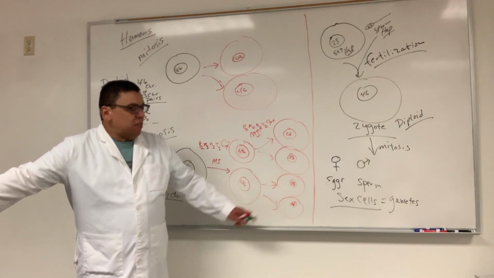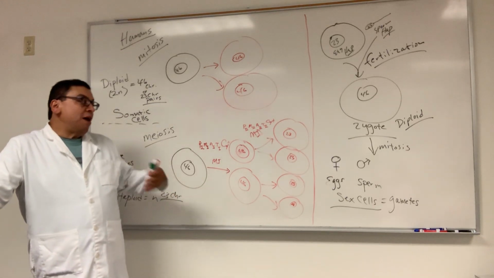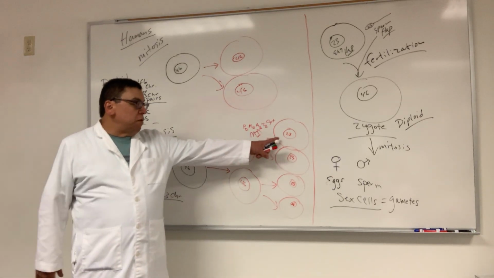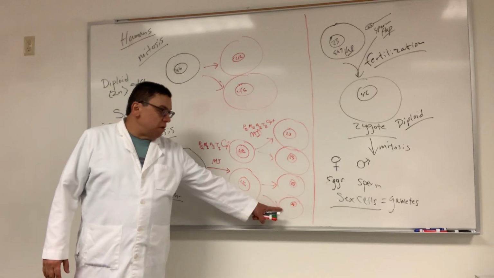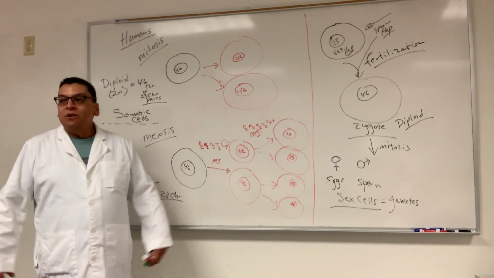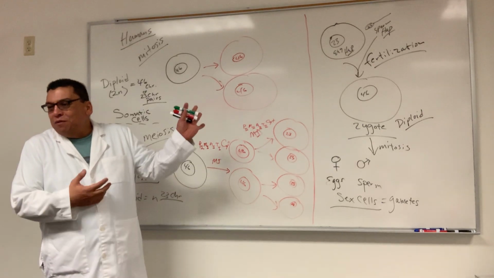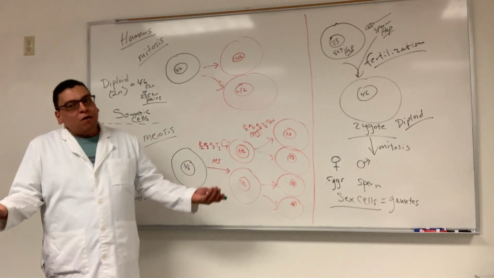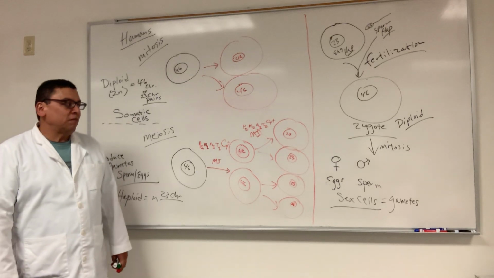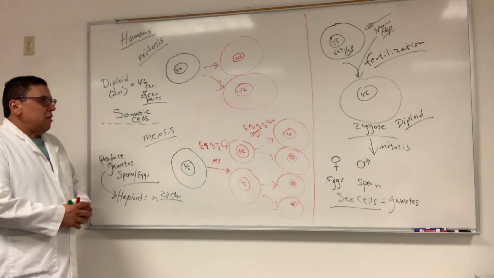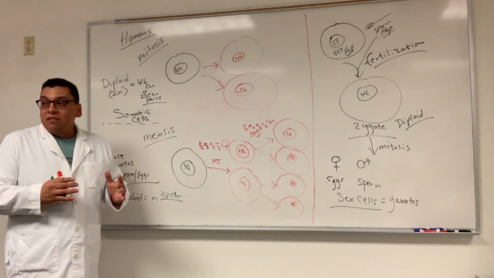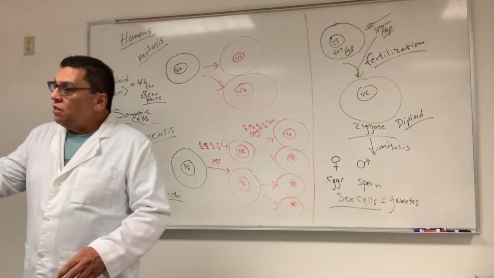All 4 haploid cells are different from each other. So I am one of 4 children. This would be my brother, my sister, my other brother, and that's me. I'm the youngest one. So we're all different from each other. We share some similarities, of course, because we come from the same mom and dad, but we're also different from each other. That's the goal of meiosis. The goal of meiosis is genetic variation, yeah?